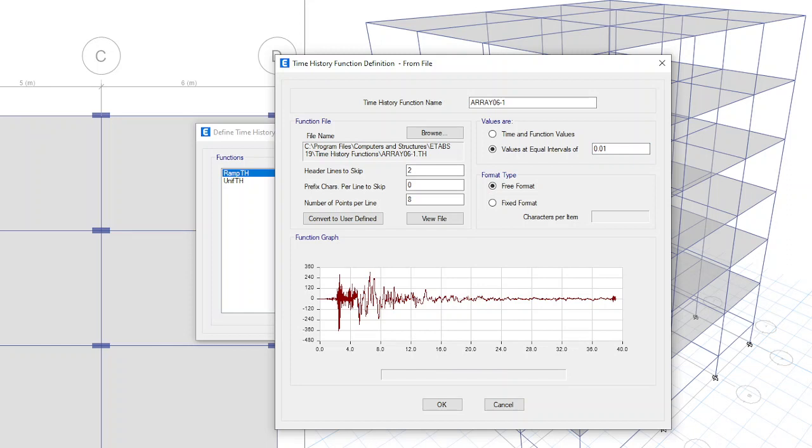No, time history depends on each file. Whatever we are referring to here is applicable only for this particular time history data, 0.01. Other time history data might have a different time interval, so we need to check that before applying. That's why I had shown you that data.